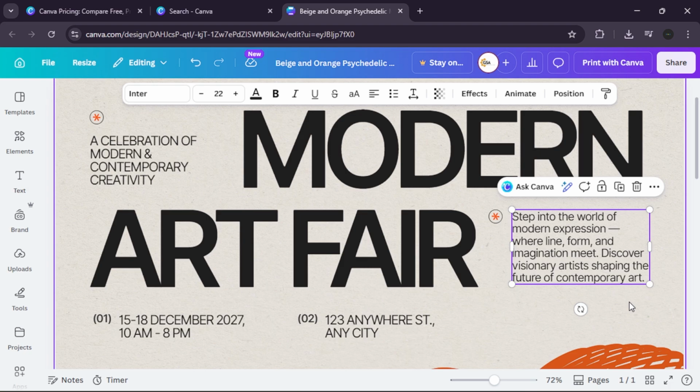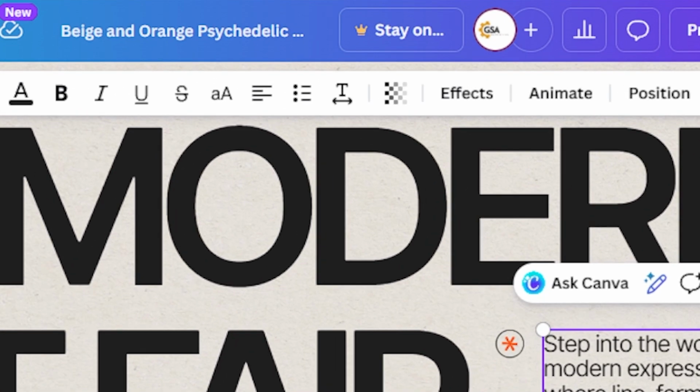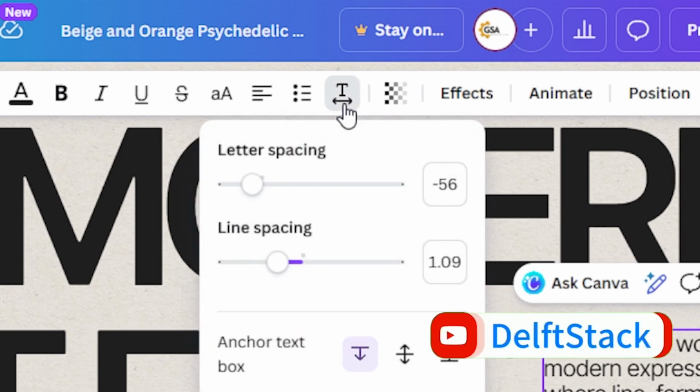Next, find the spacing button. You need to find the specific button that controls the gaps between your letters and your lines. Look at the top bar of the screen and find the icon that looks like text with an arrow pointing left and right. Click on this spacing icon to open a small menu with sliders, because it opens the hidden